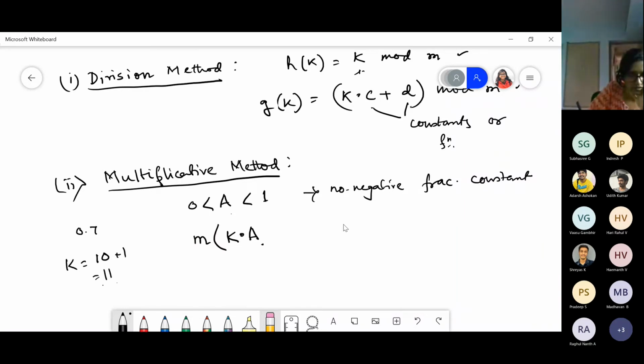In that case, it will be what? 7.7. So some fractional part is there. To consider that fractional part, what we do is we do mod with 1. So mod with 1 will give you the fractional part.